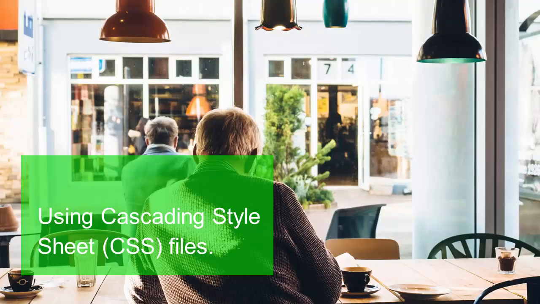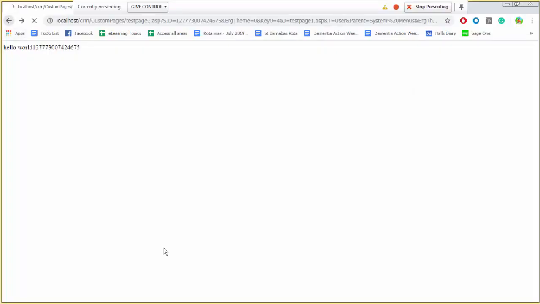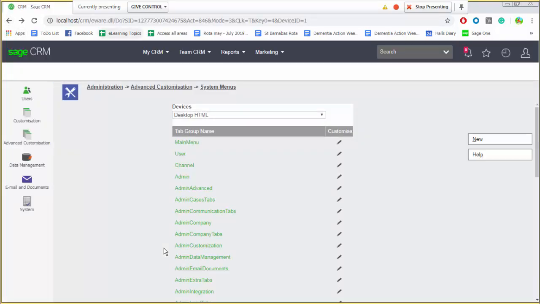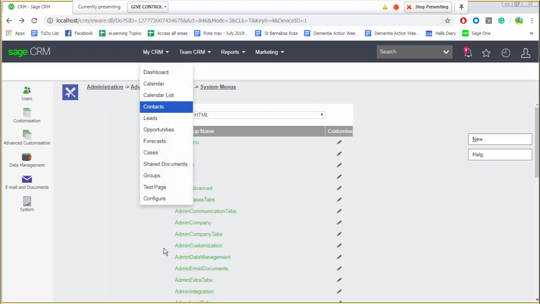The last topic that I want to talk about, though, is the idea of the CSS files. The CSS files is something that we'll come back to again in the ASP page lessons themselves properly, but raising the question about why do pages inside CRM look like they do. So if I go all the way back here into CRM, why does this page look like that it does? I'll just remind ourselves of a simple page. Let's go into something like the opportunities list,